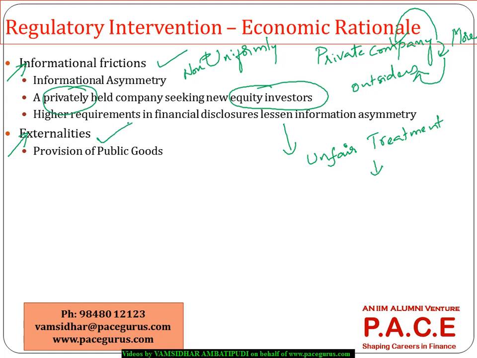And the second dimension where we see the regulations are very important is in the case of externalities, especially with respect to the usage of public goods, especially if we are talking about public places or public amenities, where it is said that the government will fund those things. Any amenities like parks and all, the government would be funding those things. Every person can enjoy without causing any kind of harm or any kind of unavailability to the others.